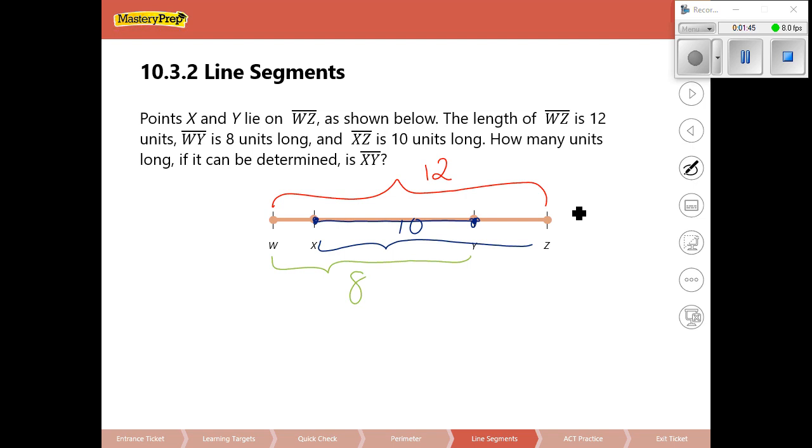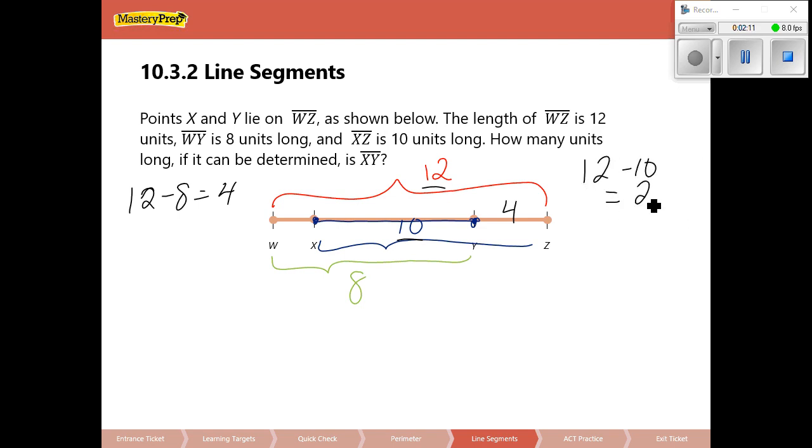So from W to Y is how long? 8, yes? The whole line is how long? So this missing section would be the amount for 12 minus 8, which is 4. So this length is 4. We can do the same thing with 10 and 12. 12 minus 10 is, so the distance over here is